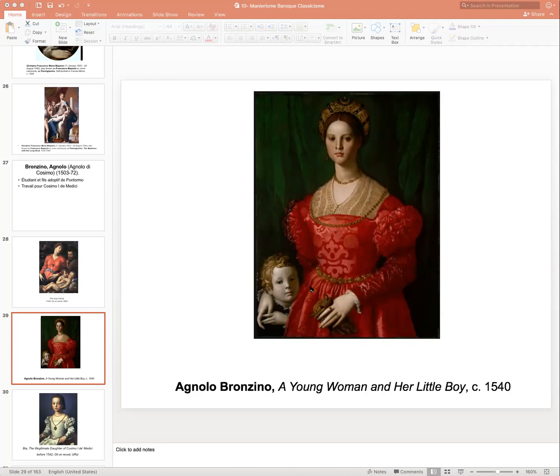The expression here is also completely neutral. And if you look at the figure of the woman, she is very neutral too. This is something that we will see in the portraiture of Bronzino: a tendency to represent the figures as neutral, as completely artificial, with no expression, whereas Pontormo represented